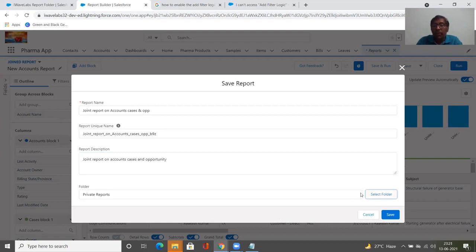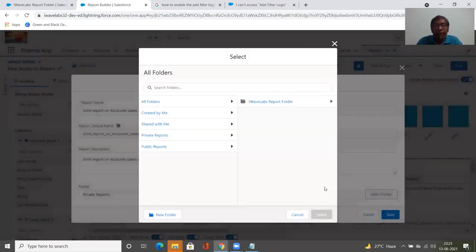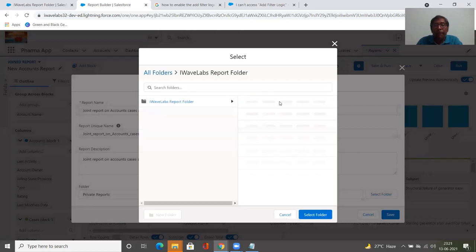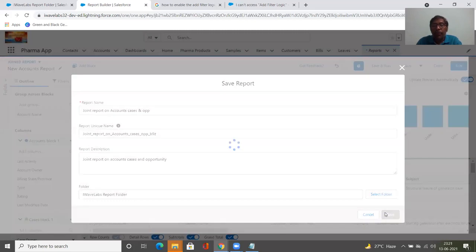And I'm going to select the folder now, the Highway Labs folder. Save the folder,